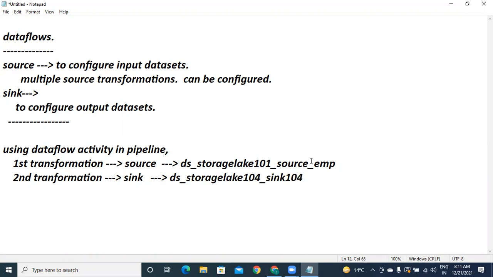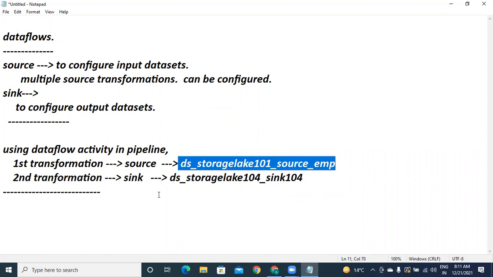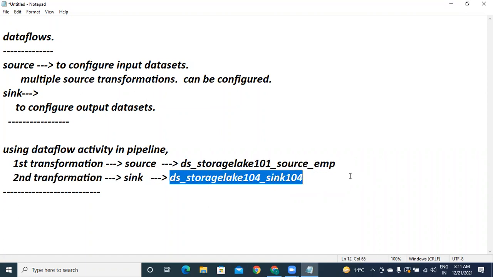Into this container, I want to copy this particular file. For now, without making any changes to the data, we are configuring it as is for today. Next onwards, the same data we will push into SQL tables. After that, before input and output, we will see different kinds of other transformations. Step by step we will come to that. So these operations we are going to do now. We already have this, but we don't have this, so I'm going to create a data set for this.